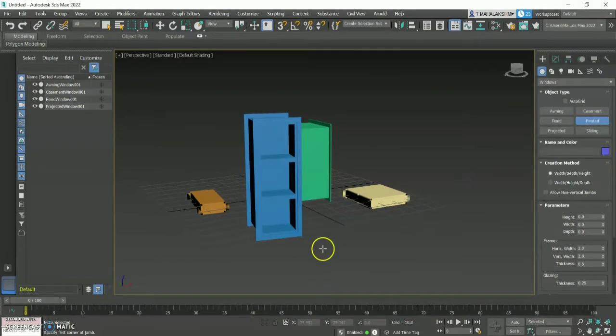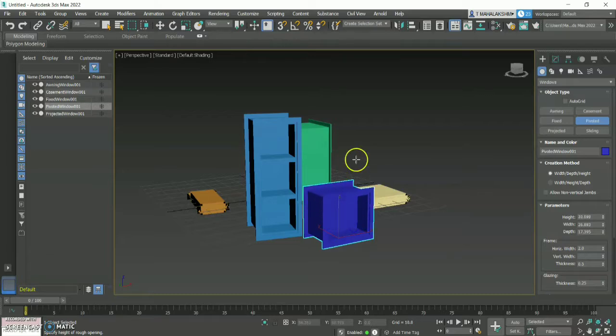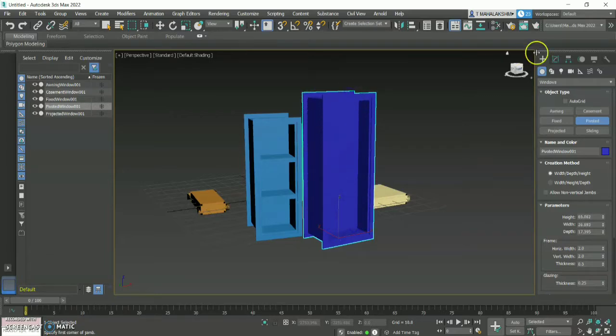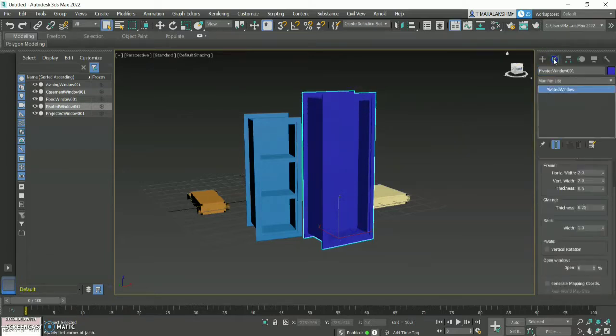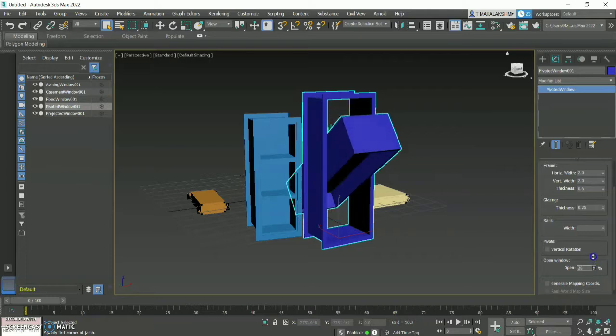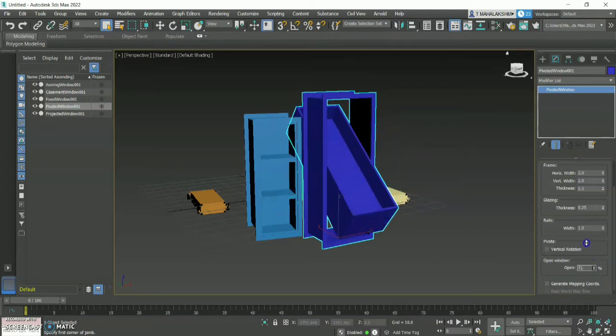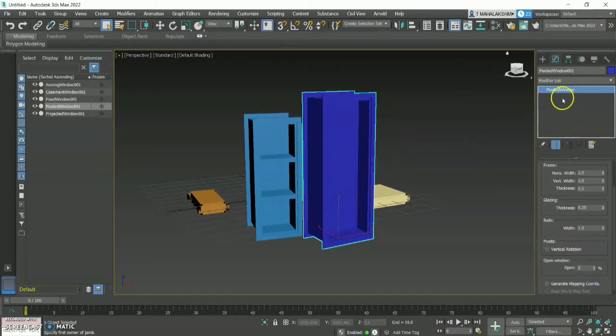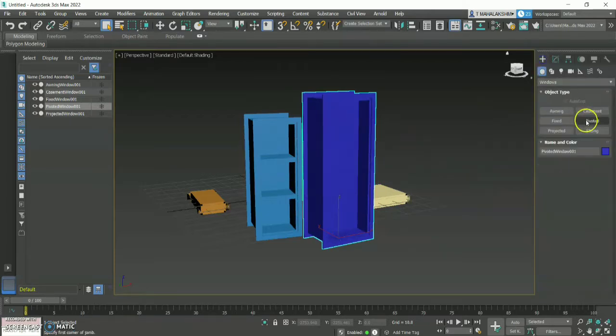And the next option will be pivoted window. As you can see, with 3 clicks I have created a pivoted window also. And now let me go to modify and let me check for the open option. See, this is how your window is going to open and close. So what you can do is, as for the pivoted and projected, you can also use it as a cupboard or any wardrobe design. However you want, you can use these 2 options.